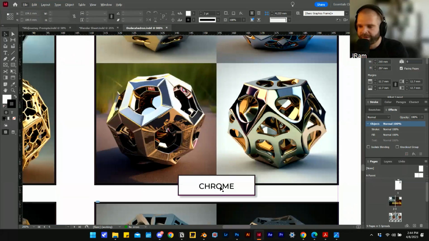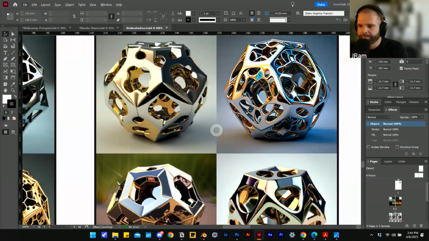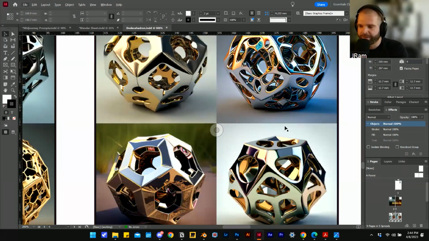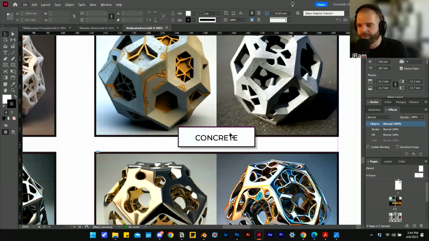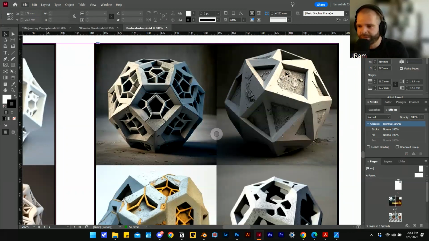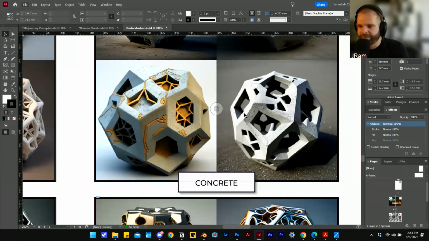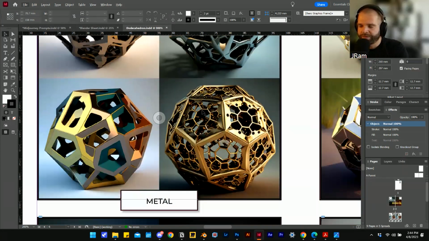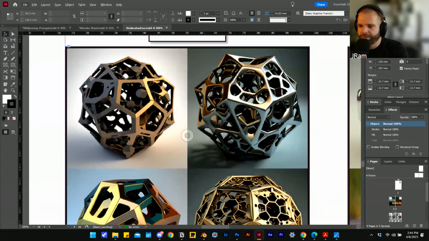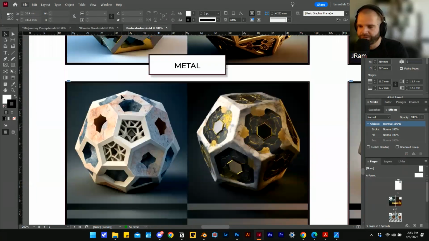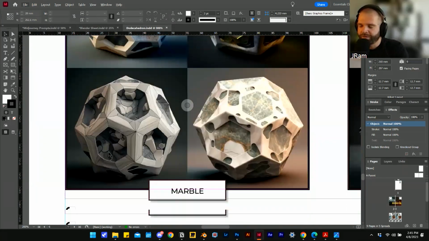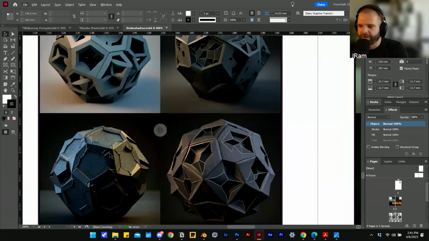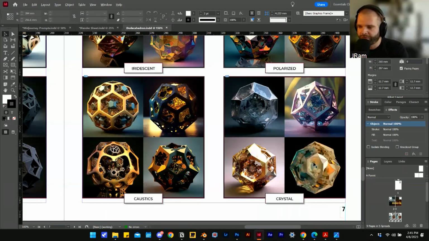For example, if I ask for chrome, I start getting these very fluid folds, a bit of fluidity associated with the word chrome, versus the straight edge roughness associated with concrete. Metal is a bit less flowy than chrome, but it could also have these organic or folded structures. So it starts to give you an understanding of what influence your words are having on an AI